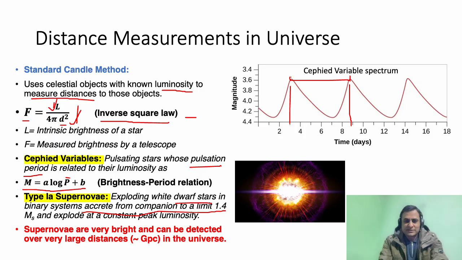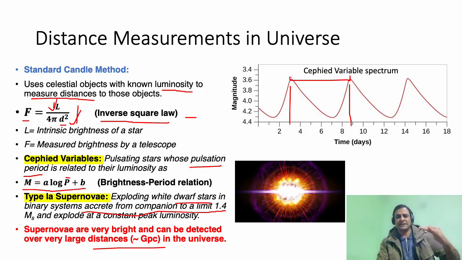So it can actually measure very large distances, up to the gigaparsec, where giga means billion. So billion parsecs, which is actually the order of the scale of the universe, I mean the observable universe. So it means that with this method, especially with supernovae, you can find distances in the universe. Now since we have discussed how we find the distances, we can talk about